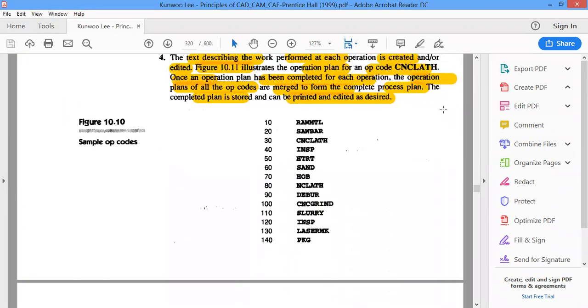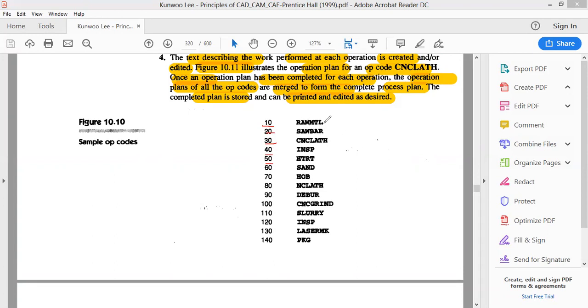So if you look at this, as I said, some codes represent the operations. As I told you, in the process plan file the operations will be written with codes, where some of the generally used wordings will have a particular code.